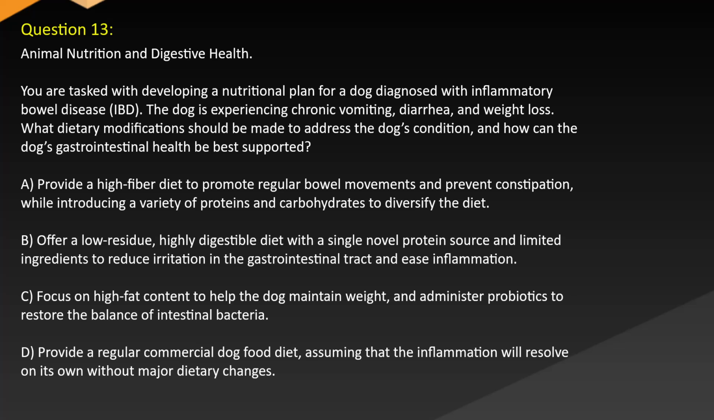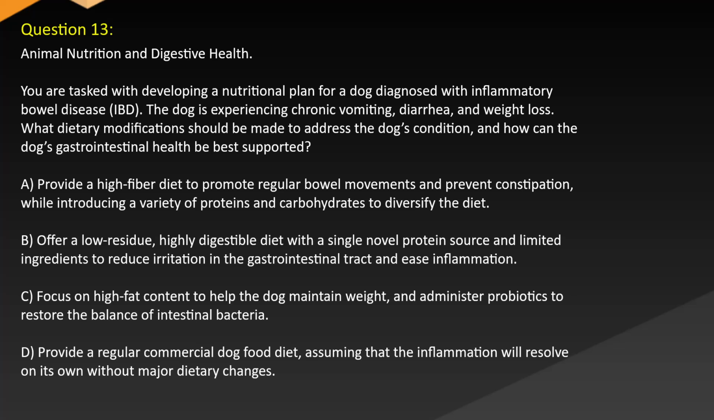You are tasked with developing a nutritional plan for a dog diagnosed with inflammatory bowel disease (IBD). The dog is experiencing chronic vomiting, diarrhea, and weight loss. What dietary modifications should be made to address the dog's condition, and how can the dog's gastrointestinal health be best supported? A. Provide a high-fiber diet to promote regular bowel movements and prevent constipation, while introducing a variety of proteins and carbohydrates